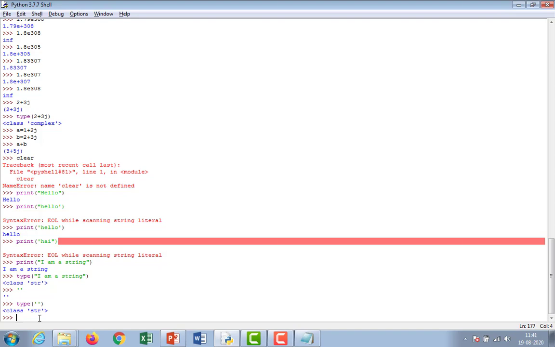Next, escape sequences in strings. Sometimes you want Python to interpret a character or sequence of characters within a string differently. This may occur in one of two ways.